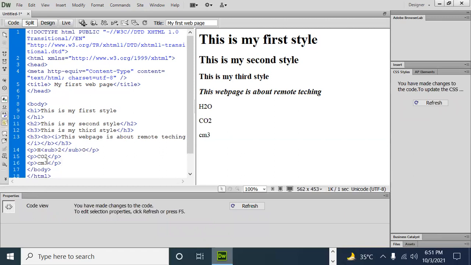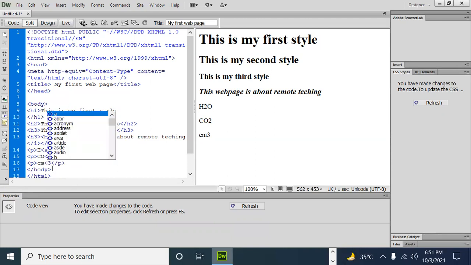So now second, go here and use superscript and close it, the closing tag. So this one is subscript, and this one superscript.